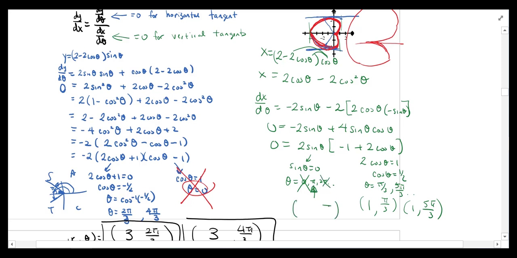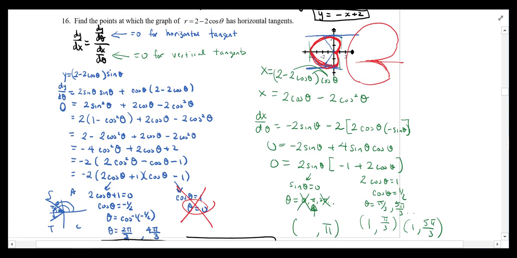If I plug pi back into the original function, what's my original function again? Right there, r equals 2 minus 2 cos theta. Cosine of pi is negative 1, so 2 plus 2 is 4. Once again, r theta, these points,